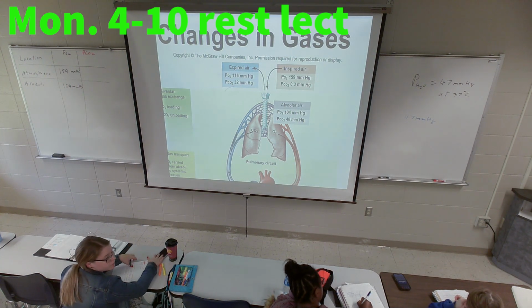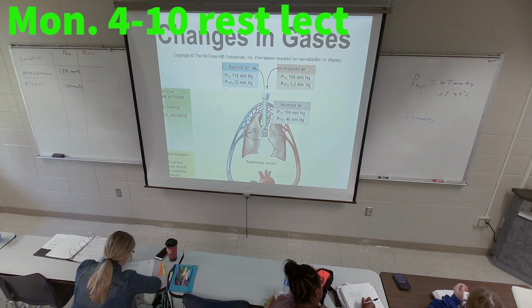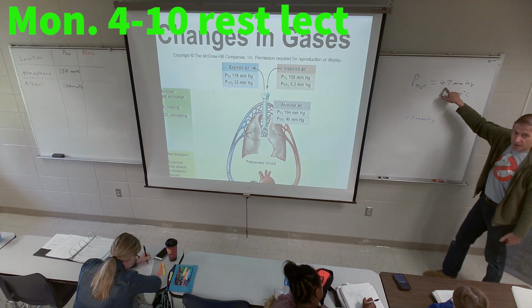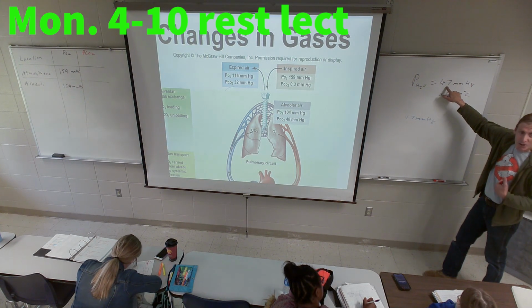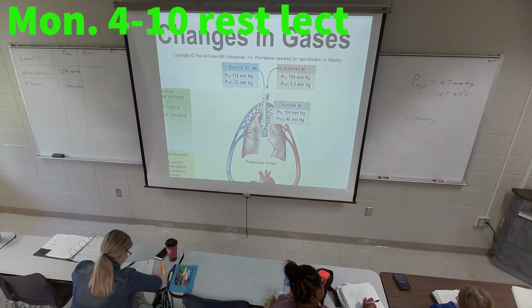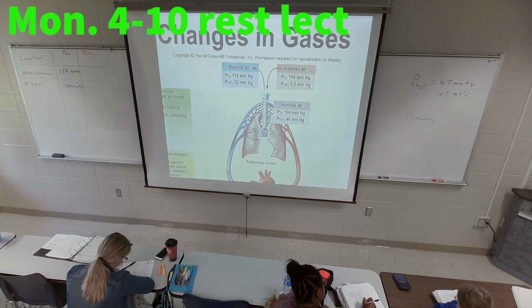You're going to be sitting there trying to breathe. You're going to be ventilating. But what's in your lungs at 57,000 feet or so? If the total pressure is 47 millimeters of mercury, and the partial pressure of water vapor at your body temperature is 47 millimeters of mercury, what's in your lungs? Nothing but water vapor. So the person will look like they're ventilating, but they're not. All they're doing is exhaling water vapor. When they try to inhale, they're not actually inhaling anything. The water in the lungs just evaporates to fill up the space at 47 millimeters of mercury. So all we're doing is outgassing water vapor. You die really, really quickly at these pressures.